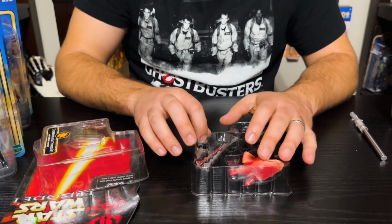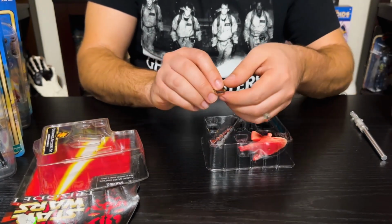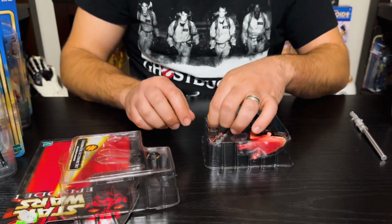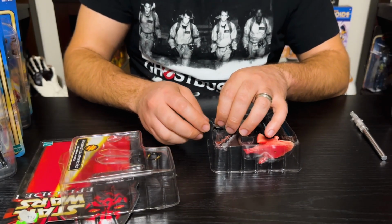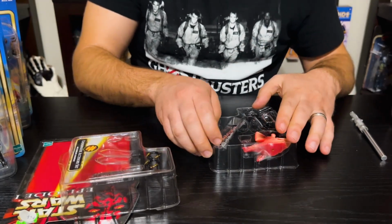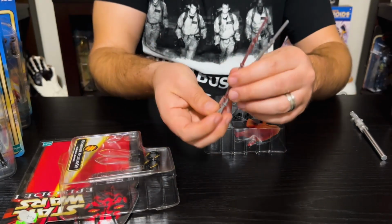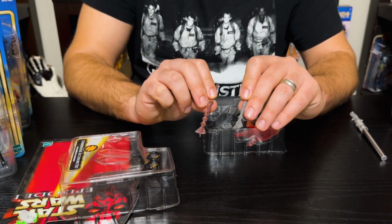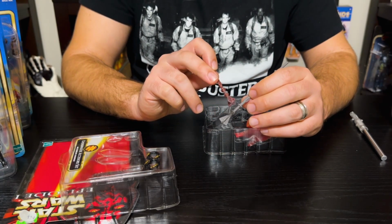So right away I noticed a couple of those Jedi rebreathers that we have seen in the film. I'll put them right here. So one for Obi-Wan, one for Qui-Gon. So we have those rebreathers. We got what looks like some Gungan attack poles or whatever. They're primary weapons here in 2 different colors. We got a gray one and we got a brown one, and they're a little thinner in the middle here